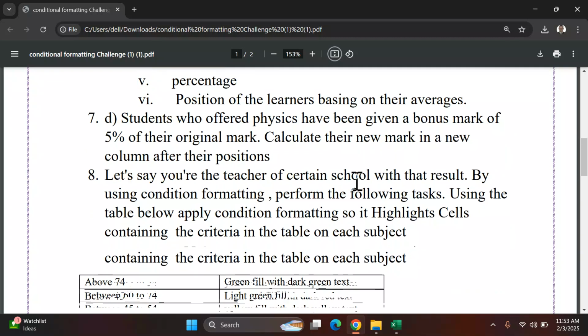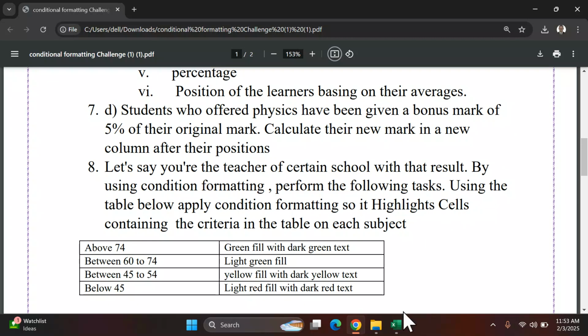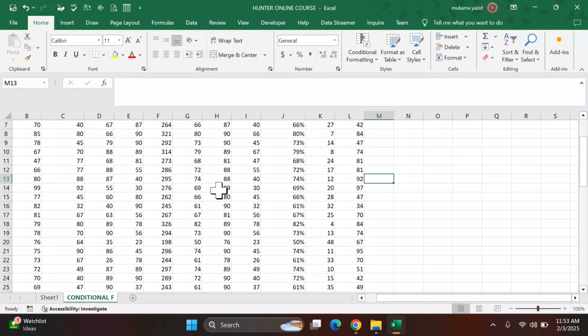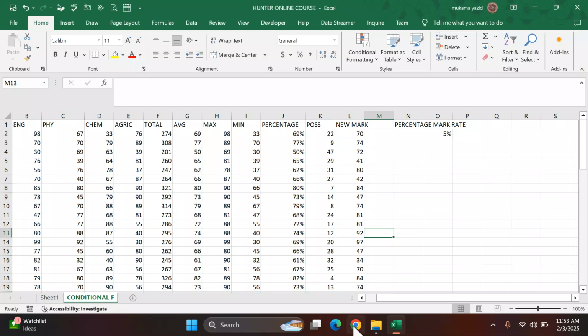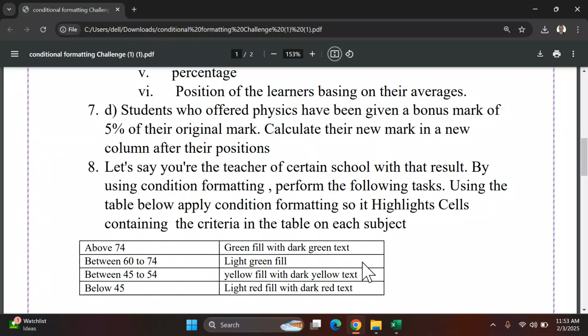So assuming the teacher has that result on our Excel, which is this one, you are going to use a tool in Excel called conditional formatting to make these things distinct from each other, to make things look different from others by applying conditional formatting